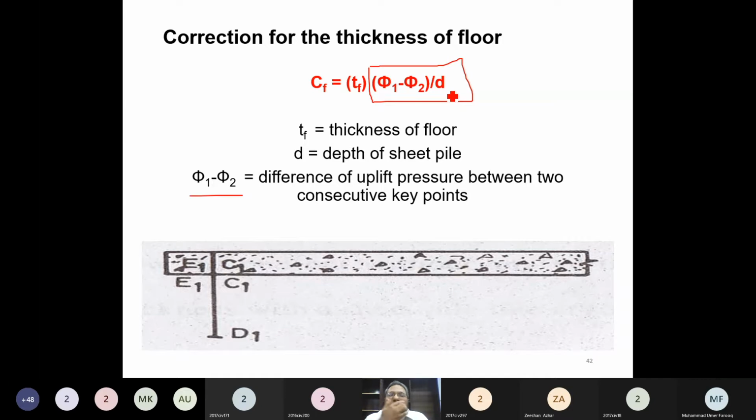ये जो मैंने रेक्टेंगल में रखा हुआ है भाई, ये है चेंज इन अपलिफ्ट प्रेशर्स, है ना। तो अगर मैं शीट पाइप की लेंथ से इसको डिवाइड कर दूंगा तो what I will get, this is the change in uplift pressure per unit length of the sheet pile. तुम्हें बात समझ आ गई? Yes sir. अब अगर मैं इसको थिकनेस ऑफ फ्लोर से मल्टीप्लाई कर रहा हूं तो इसका मतलब है I am now considering its effect, थिकनेस ऑफ फ्लोर पे कितनी चेंज हो रही है ऑफ द अपलिफ्ट प्रेशर्स। So this is the equation, very simple, इसमें कोई खास साइंस नहीं है ना।